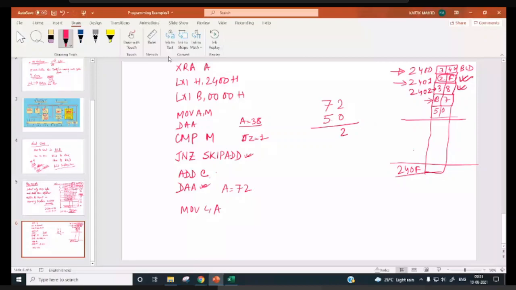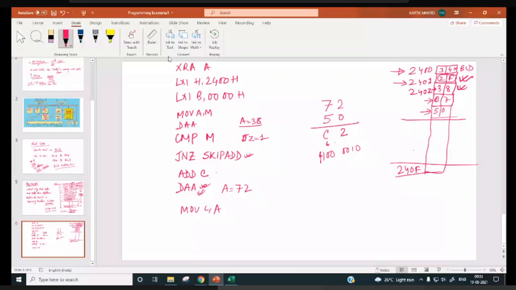Now DAA, what will this instruction do? It will add 6 to this nibble. Upper nibble is more than 9, no? So 6 will be added over here. Lower nibble is only 2. No auxiliary carry, no carry. So 6 will be added to the upper nibble. Right?